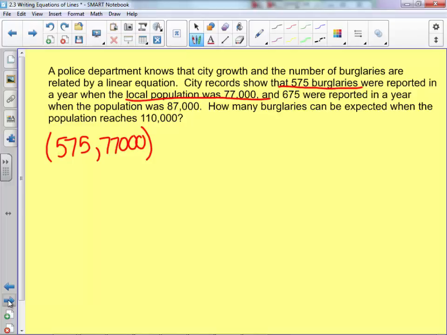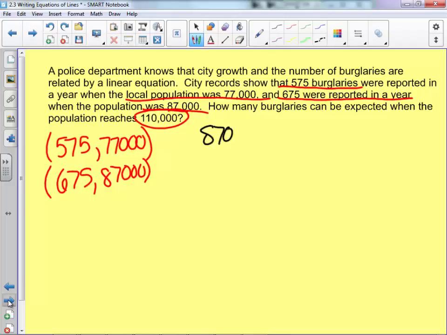We also know then that there were 675 burglaries when the population was 87,000. So we need to figure out how many burglaries there were per year. And then we can come up with our equation and use this to figure out how much it would be when the population's 110,000. So using our slope formula, we'll have 87,000